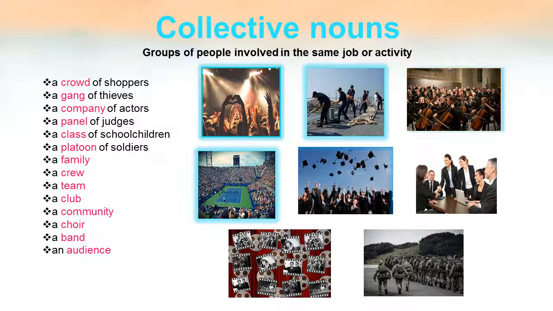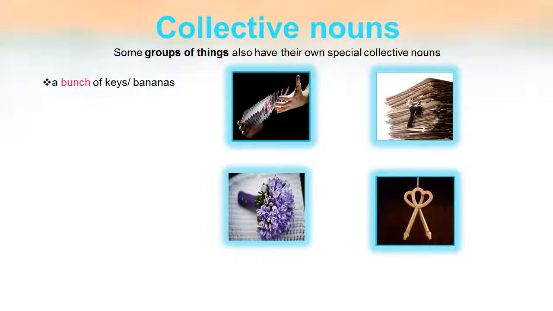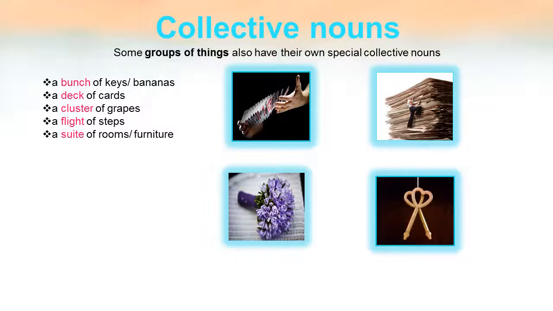Now let's move on to more collective nouns. The third category of collective nouns refers to things. Some groups of things also have their own special collective nouns. Those are a bunch of keys or a bunch of bananas, a deck of cards, but we could also say a pack of cards, a cluster of grapes, a flight of steps, a suite of rooms or a suite of furniture,